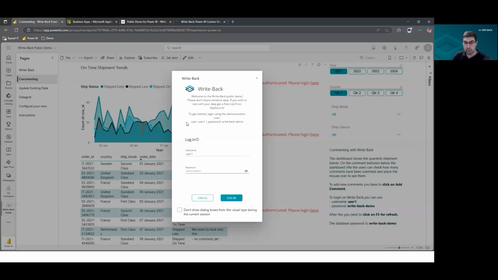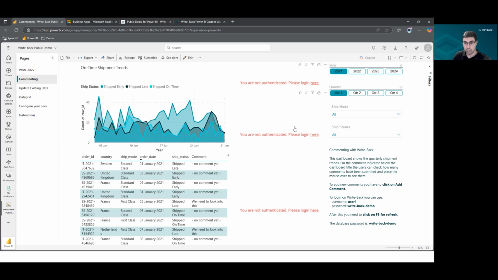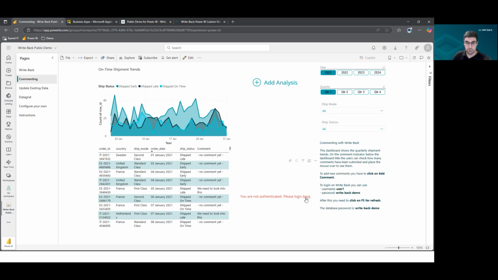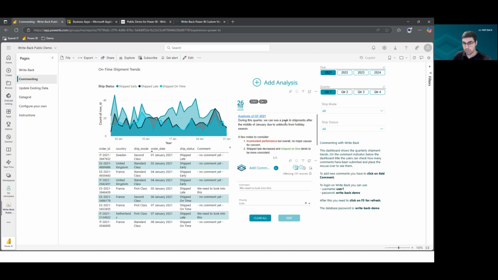By the way, this is the username and password for our public demo environment that you can use on your own. I'll show in a second how you can get it, but those credentials are provided to you to get a quick start on write-back. Of course, on a production environment, you will have write-back integrated with your existing authentication systems, either OAuth or SAML,